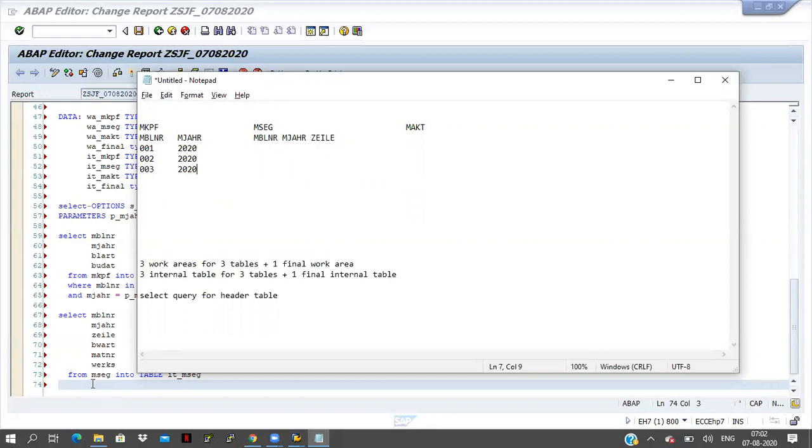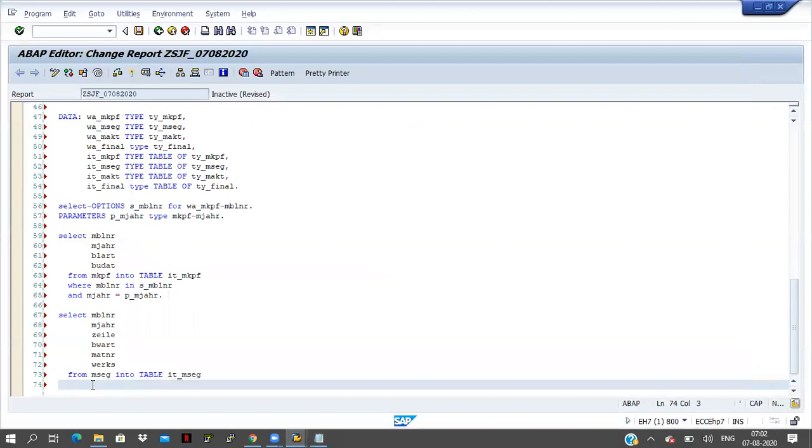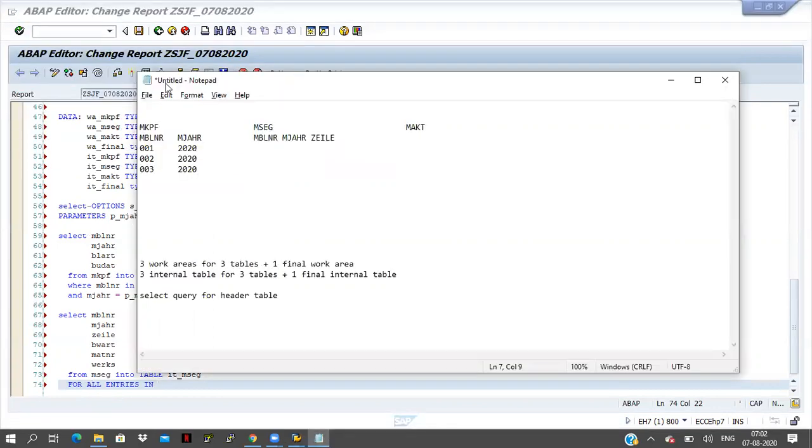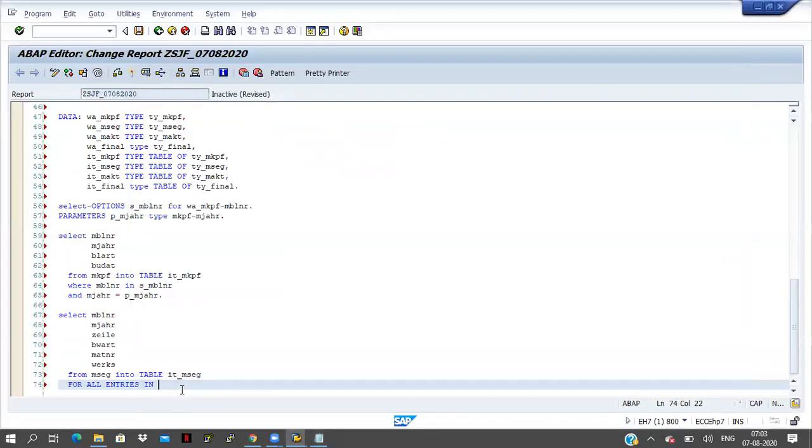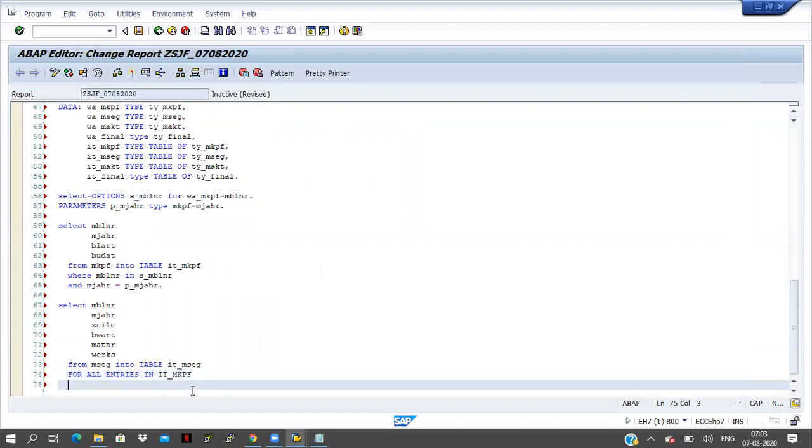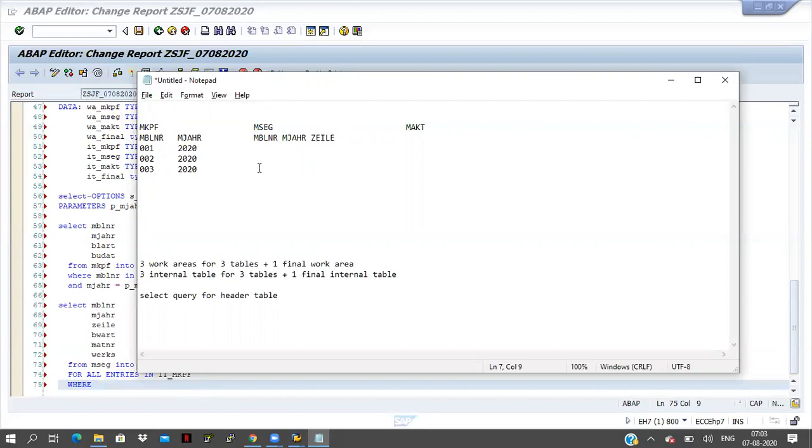So for that, here we have to write the FOR ALL ENTRIES concept. We are checking in the first internal table, the MKPF internal table, for all entries in IT_MKPF. Here we are fetching some data in the MSEG, right?